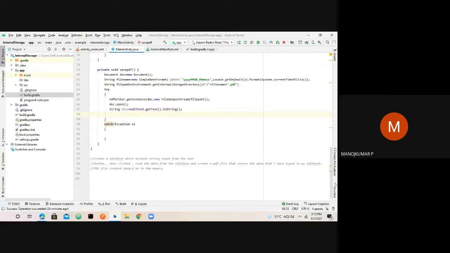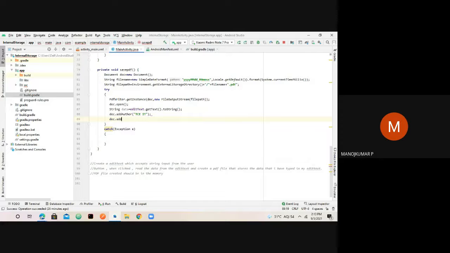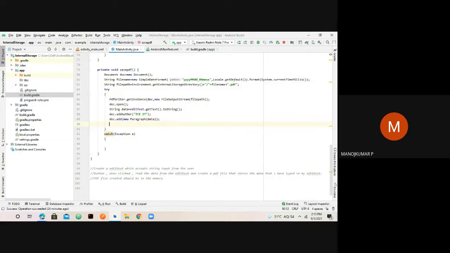It's going to be a simple method that adds things. So first of all, we'll add the author name for the PDF file. This is optional. So I would say TC space IP, and then we can add data. Simply add, and I say add in the form of a paragraph, whatever the user is typing. So for that, I will just say paragraph and then simply data. Okay. So once this is done, you can add as many values as you want. It's not a restriction. Once you have completed this, you just close the document.